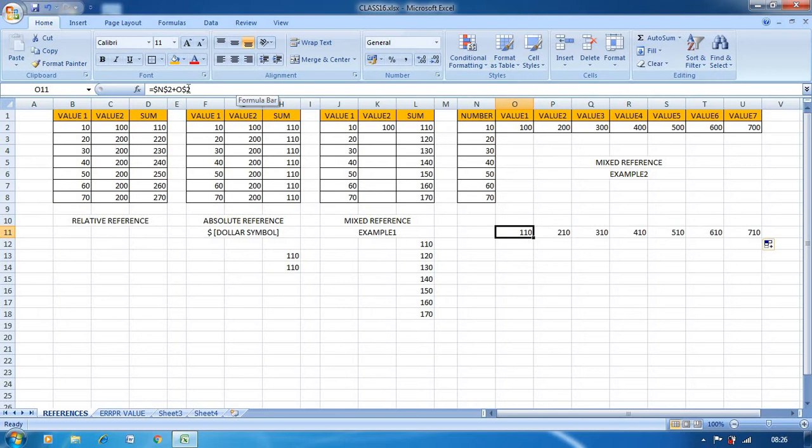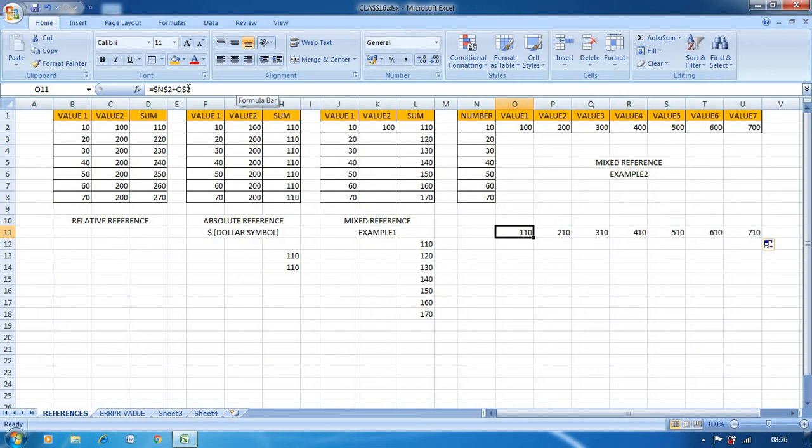In relative reference, we won't use the dollar symbol, just we will write A1 plus B1. And in absolute reference, I have to use the dollar symbol to fix the column name as well as the row number. And in the mixed reference, one should be changed and one will be constant.